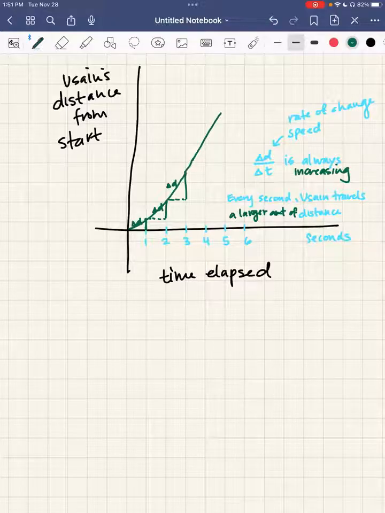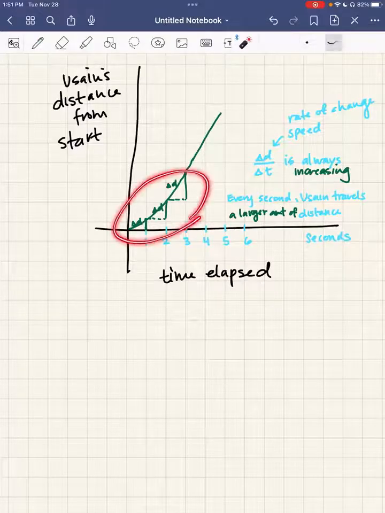So for that part of the graph, every second he is covering the same amount of distance. And then from there, we could have conversations about, does he finish out at the same speed? Does he slow down? Does he keep speeding up? That kind of thing. But right in this part right here, really we'd be saying he's speeding up.